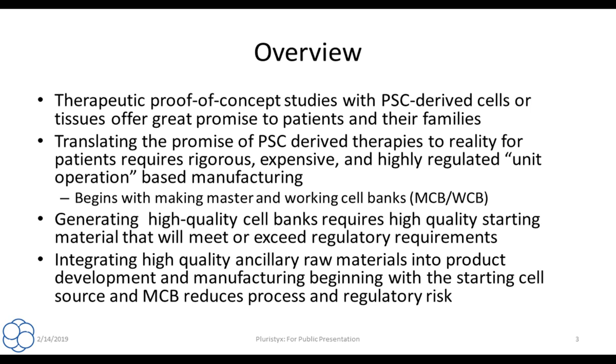So of course these cures or treatments are very exciting, but translating the promise of those PSC-derived therapies to reality for patients requires really a rigorous and often expensive and definitely highly regulated manufacturing that is broken up into unit operations. So you don't just start growing cells, make your product, and ship it out. You have unit operations that define how that process is manufactured. And it all starts with making the starting material, that is to say the master cell bank, and then from that you would make working cell banks. And as part of that, you need to make sure that those are high-quality cell banks that start with high-quality starting material that will meet